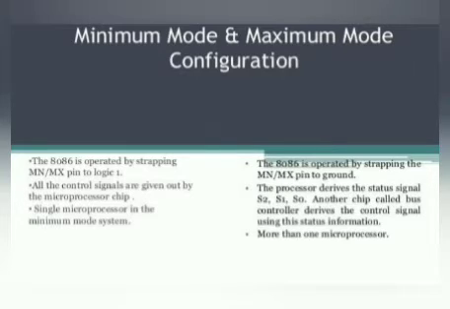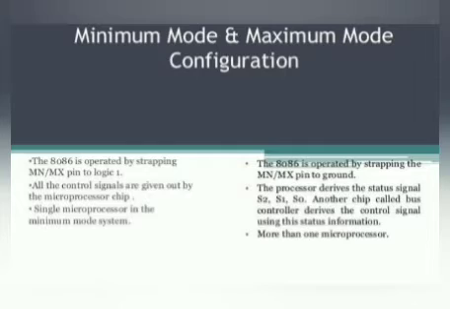Whereas in maximum mode, you will be connecting a coprocessor or another processor for processing. So in maximum mode, multiple processors will take the control of the bus for operation. Any bus you are connecting or any processor you are connecting can act as a master device and control the bus signals. So these are all about the minimum mode and maximum mode.